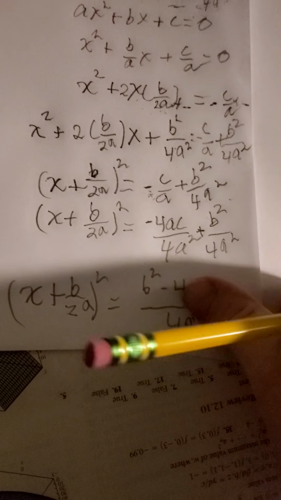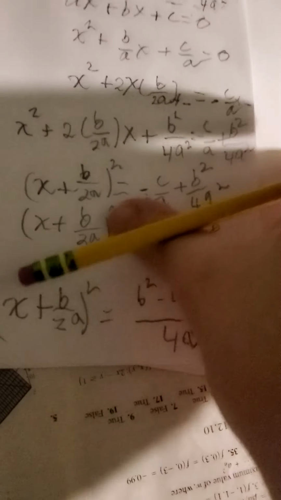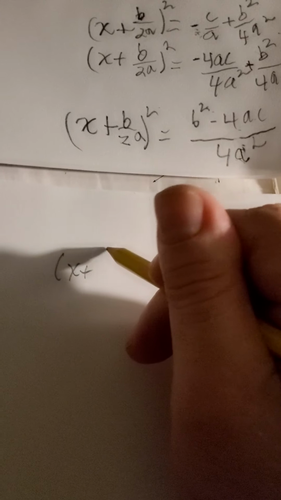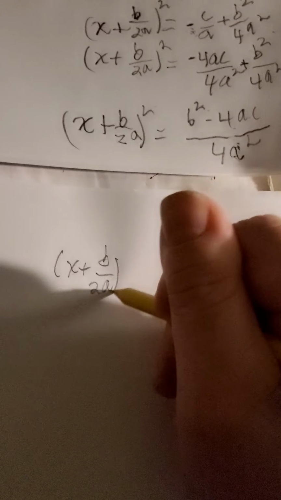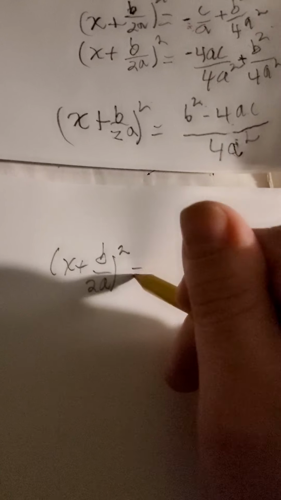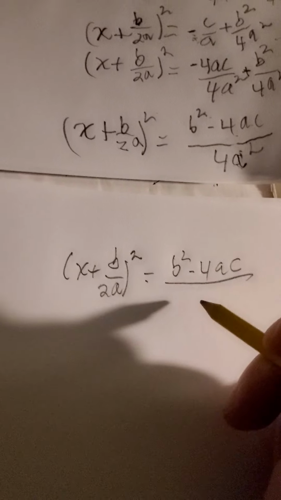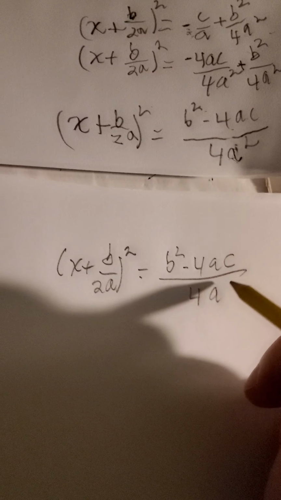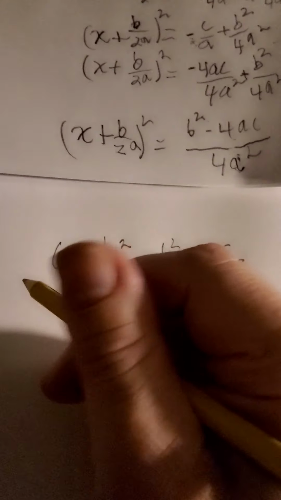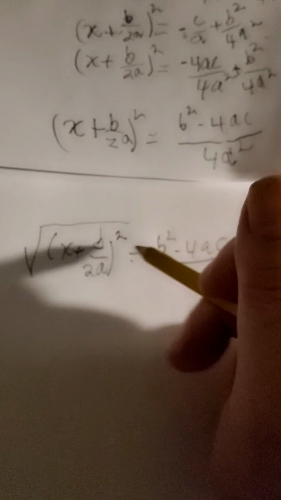That's better. Okay, so now that I have that, I can pull out some new paper and rewrite this as x plus b over 2a quantity squared equals b squared minus 4ac all divided by 4a squared. Now if I take the square root of both sides,